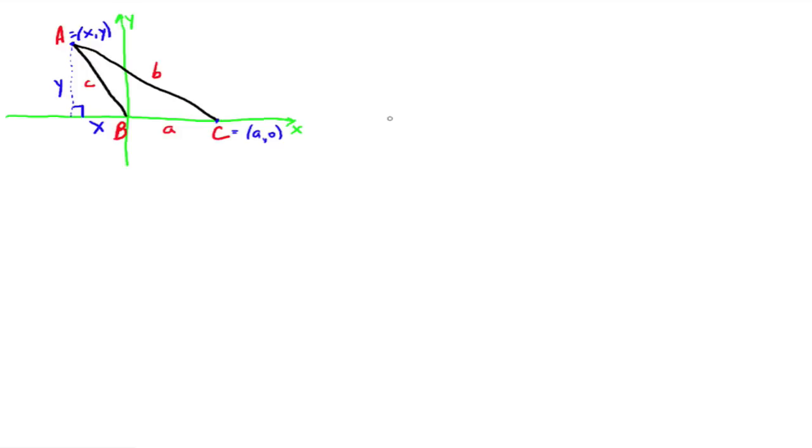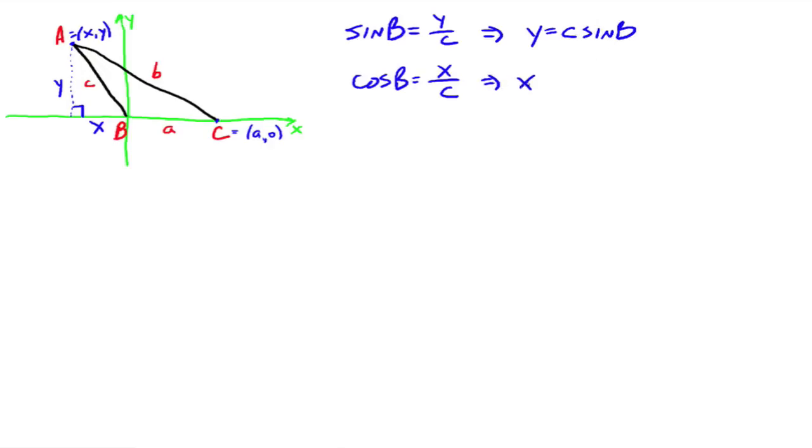So now let's go off here to the side and say, if we've got this right triangle here, and this is angle B, then the sine of B is equal to Y over C, opposite over hypotenuse, the hypotenuse being C here. And then the cosine of B would be X over C, because adjacent over the hypotenuse. Everybody see that? So that's going to imply that Y is equal to C sine B, and X is equal